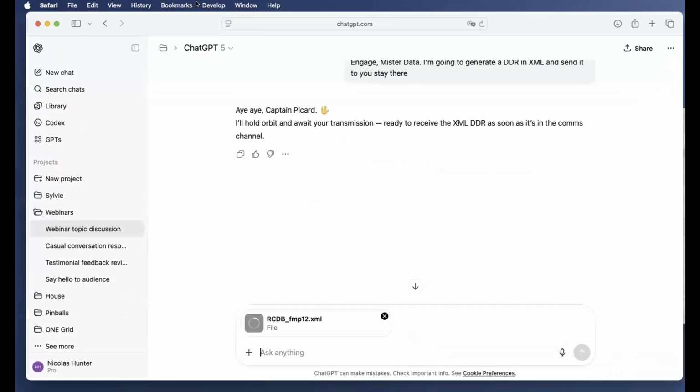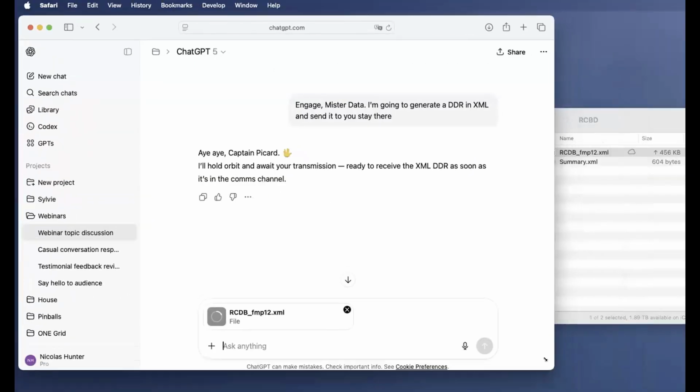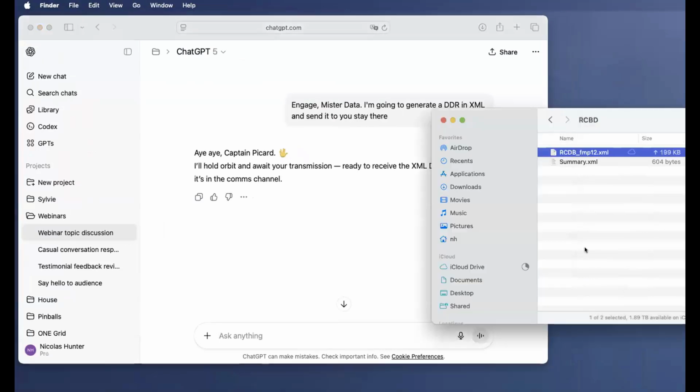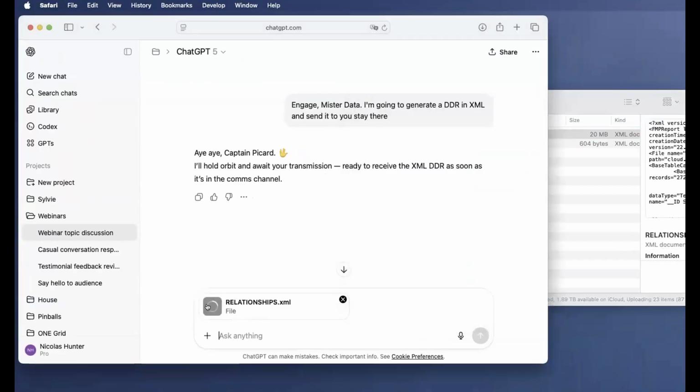Okay. And I say, oh yeah, first I need to rename that file and name it relationships. Okay. So I'm going to send that file. So it's going to upload the 20 megabytes, and we can say, okay, this is the relationship